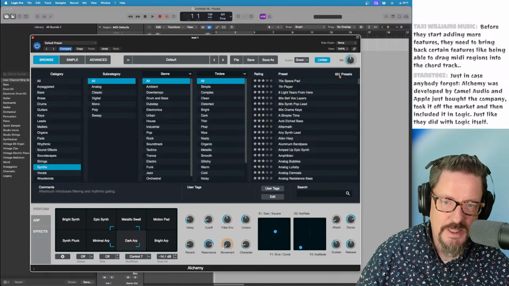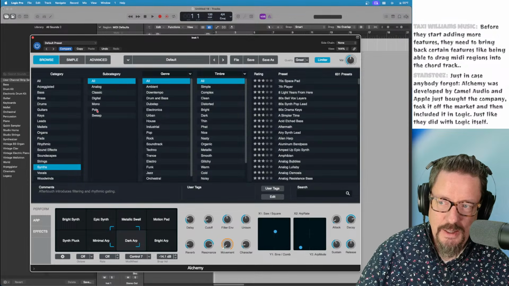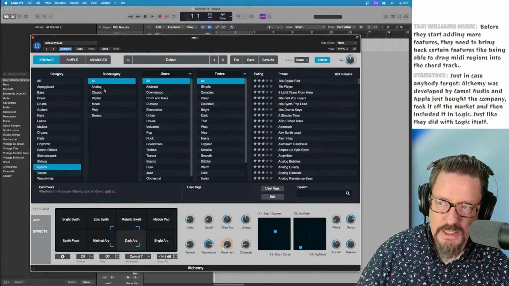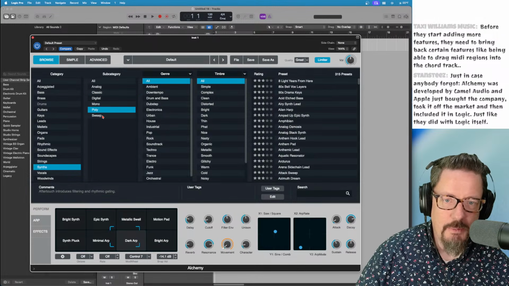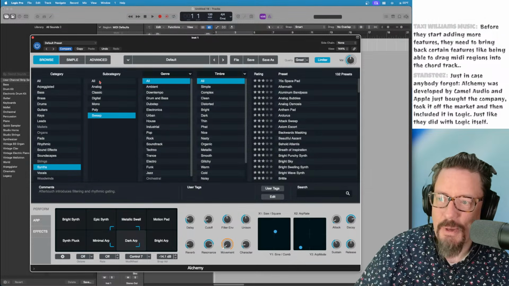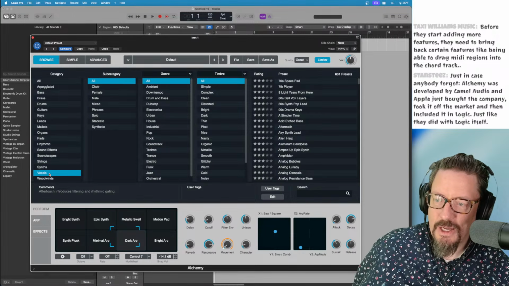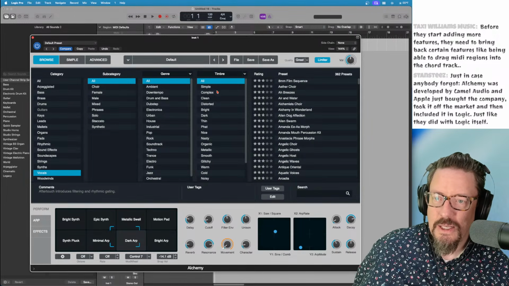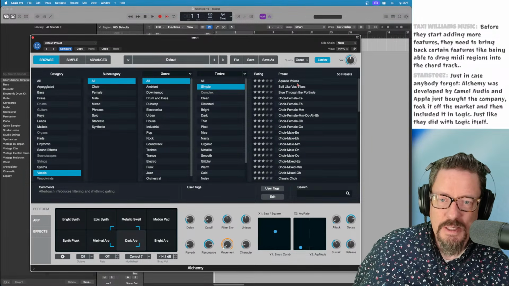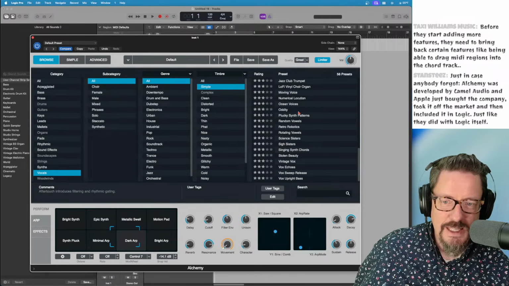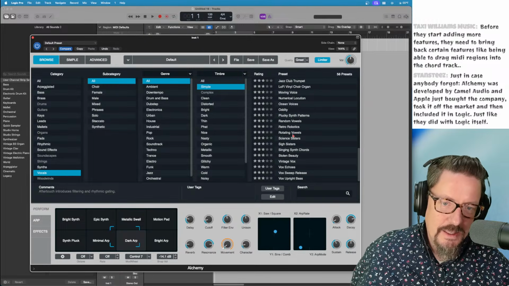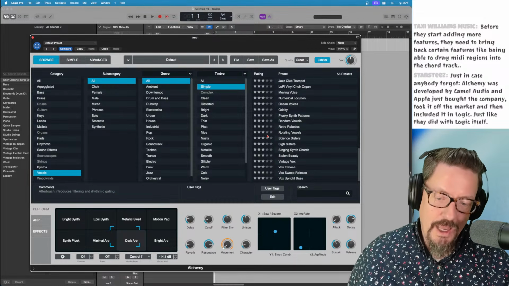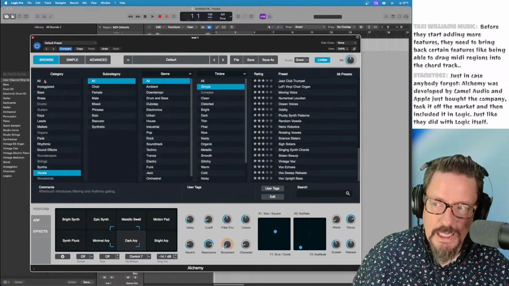But there are 631 presets across all of these subcategories, and if we click on these, you'll see a varying amount of them. Every once in a while, I get super excited by something here. Like if I click on vocals, I'm like, okay, let's do simple. 56 presets for one of these categories, and half of them are choir with different vowel sounds. We don't have a lot of depth in Alchemy's preset collection.